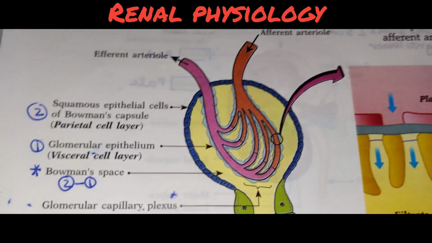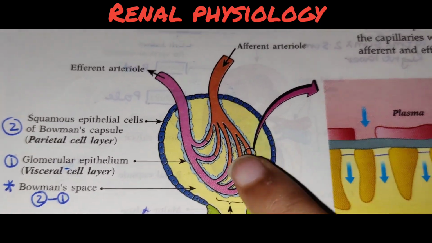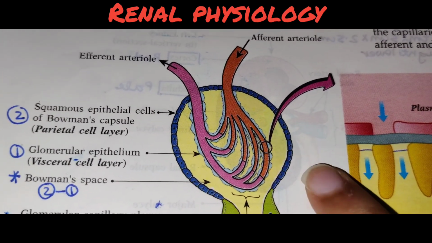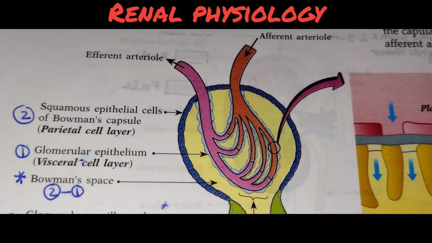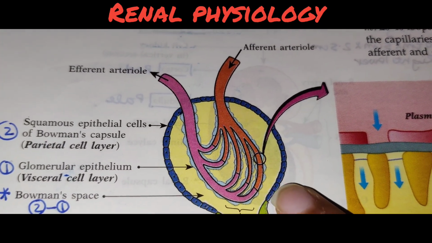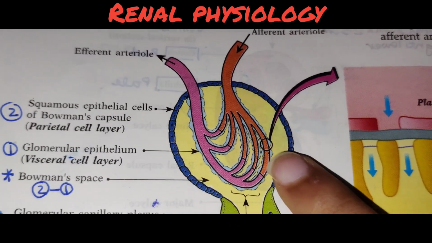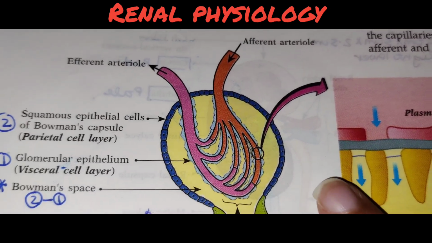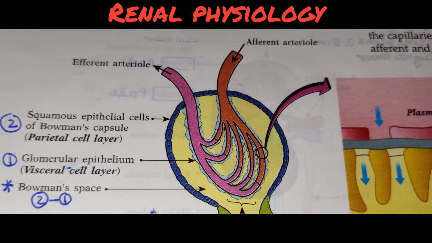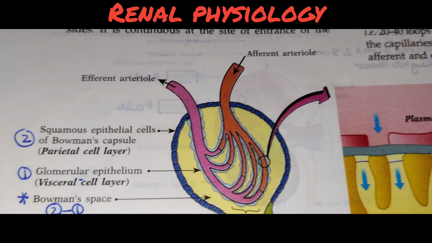Okay, so this glomerular membrane has distinctly three layers. First will be the endothelium of the capillaries, and then the basement membrane between the capillary and the Bowman's capsule, and then the visceral layer of the Bowman's capsule sends out a few foot processes, and these foot processes are known as podocytes, and there are various gaps between these podocytes which are known as filtration slits.